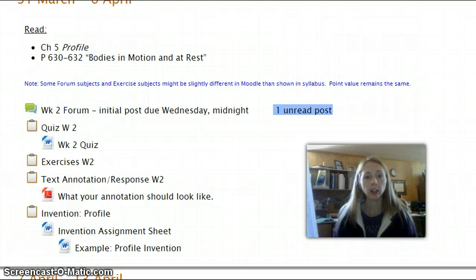Let's go ahead and look then at invention, and what is invention. A lot of times students don't really like this term the first time, and then by the second and third papers, it makes sense and it's flowing very well. So an invention is more than pre-writing. That's why I call it invention. It is a means of sitting down and getting your ideas together before you write. It really saves you time.